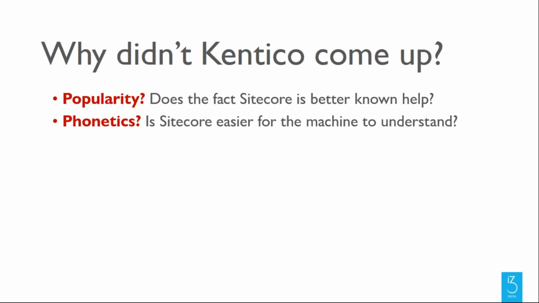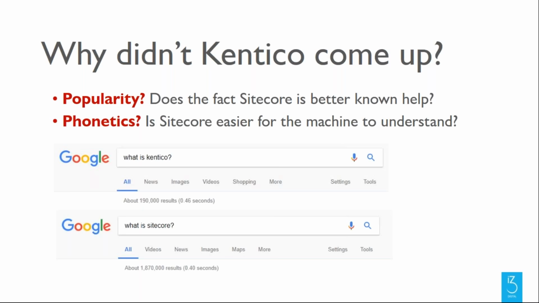So there's a lot of people speculating on how voice search is working. But one thing I noticed, which I thought might be important, is this. If you look at the two search terms used within Google, you can see that Kentico has roughly 10% of the impressions or the results of Sitecore, if you put in both of those as semantic searches for what is Kentico, what is Sitecore. So that would be interesting, just initially, to show you that there are differences even within brand terms of what Amazon Echo can bring back.